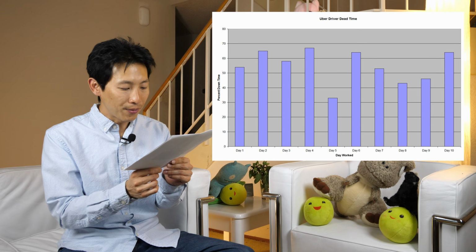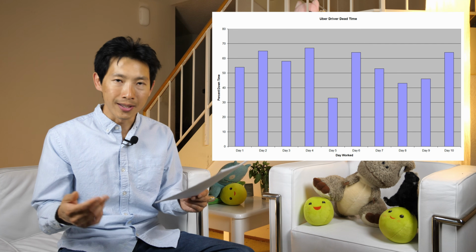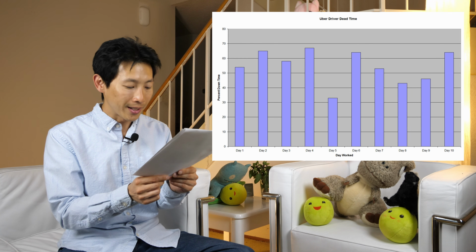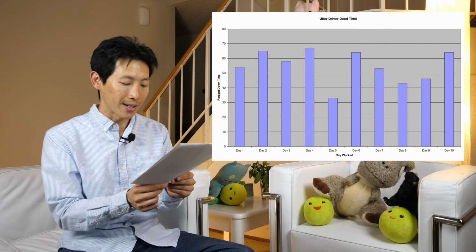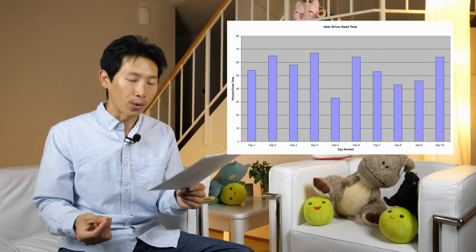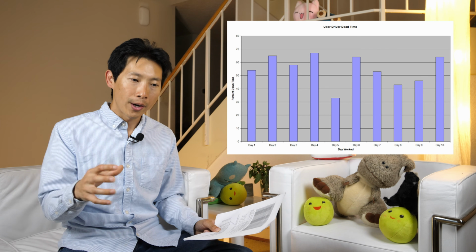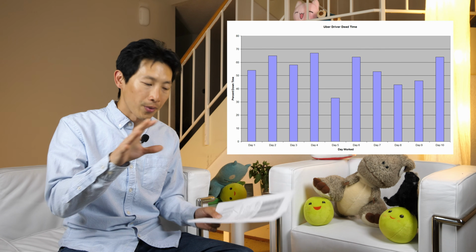Day six, 64% dead time, so a lot of dead time over there. I worked all day Saturday. This includes the non-peak hours. I worked another Saturday and I got 53% dead time. So I have 2 Saturdays here. One is 64% dead time and then another is 53% dead time. Where you place yourself within the city also matters.